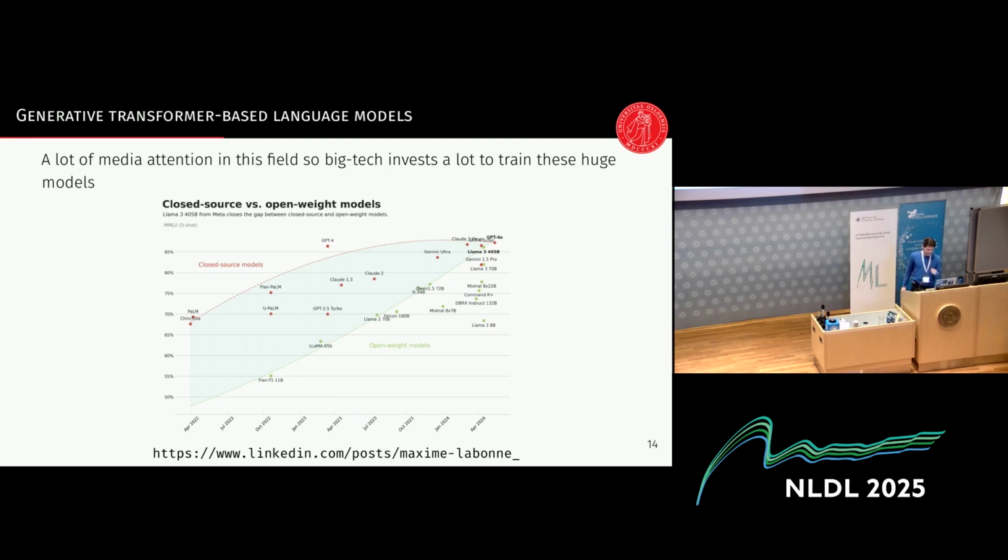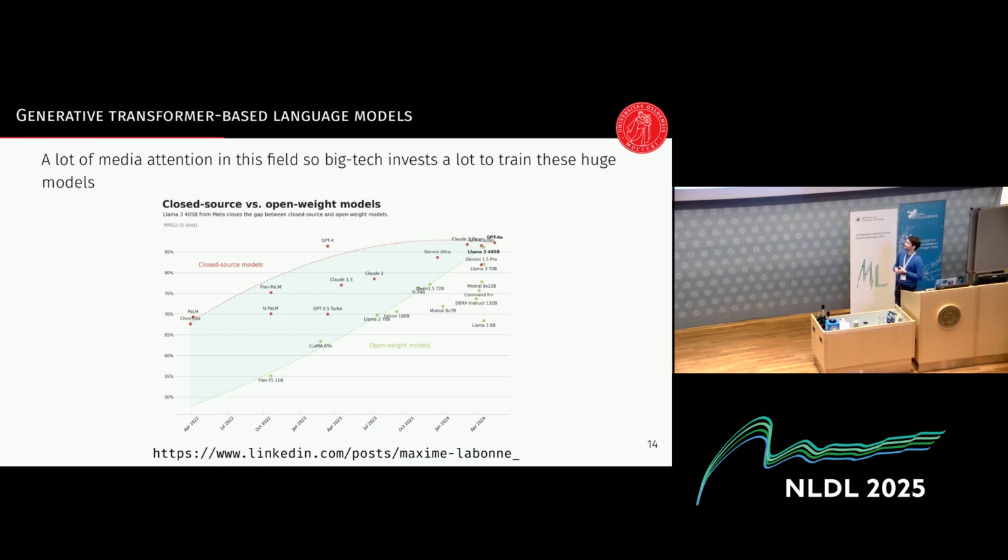But there are these red dots, which dominate at the beginning, and these are the closed source language models. So these are language models like ChatGPT or Claude, which are sort of hidden behind a wall. You don't have access to the weights of these models. If you're lucky, you have access to the API,